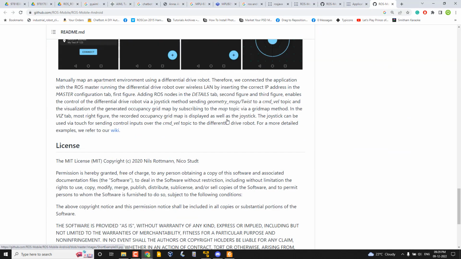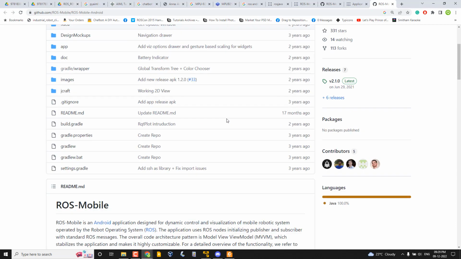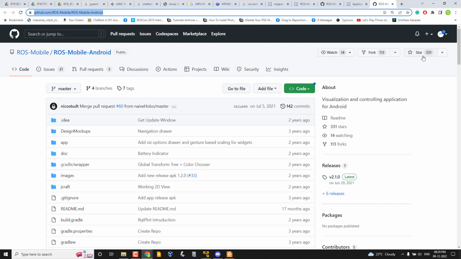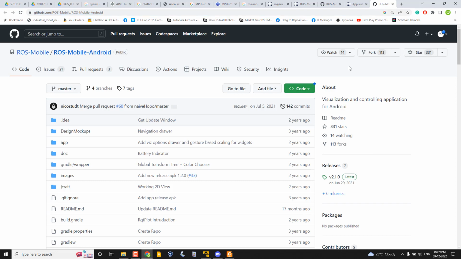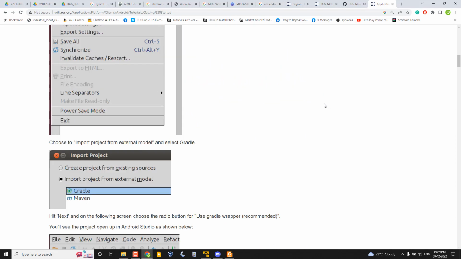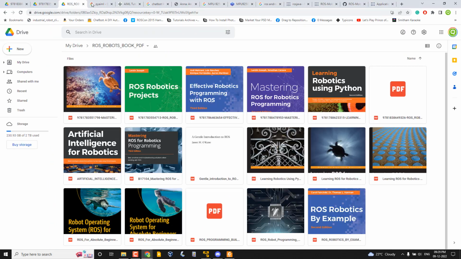Why is it useful? Yeah, it is quite popular. You can find 331 stars. So why did ROS Android become popular? Because